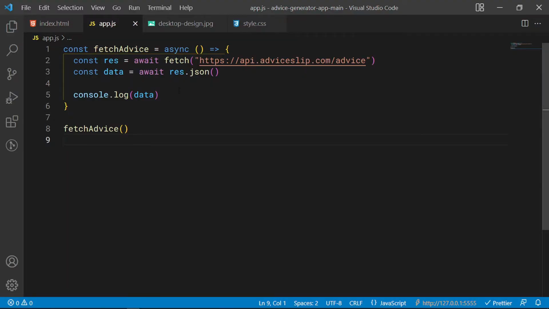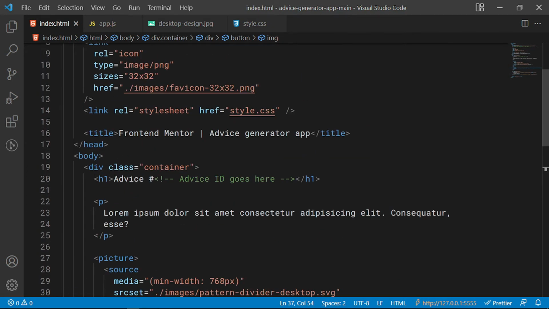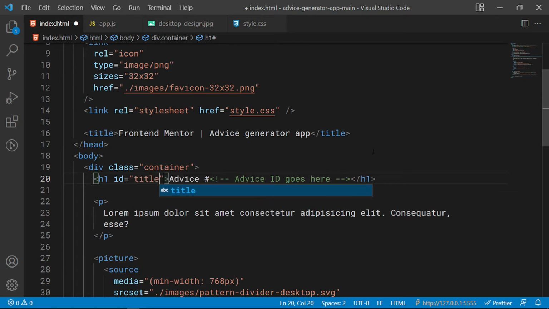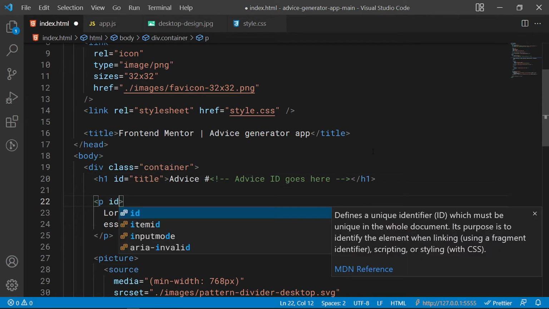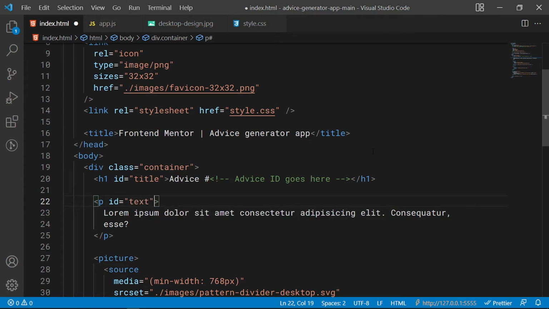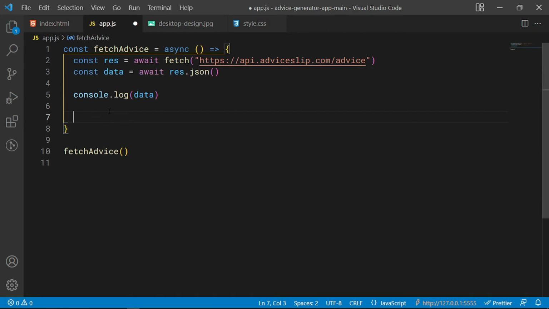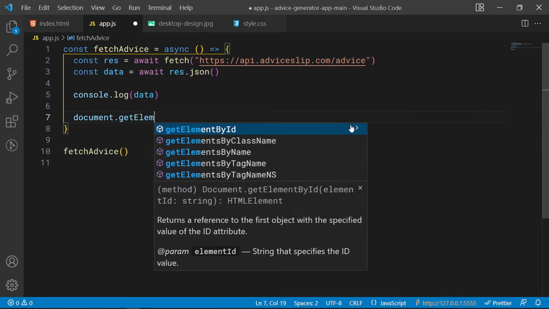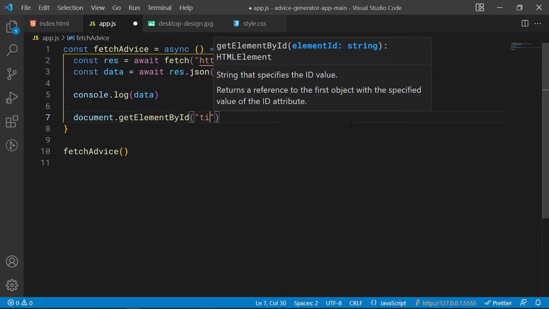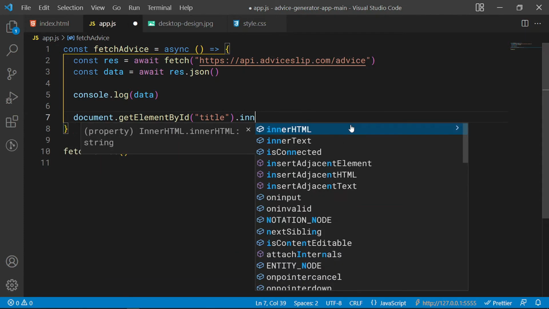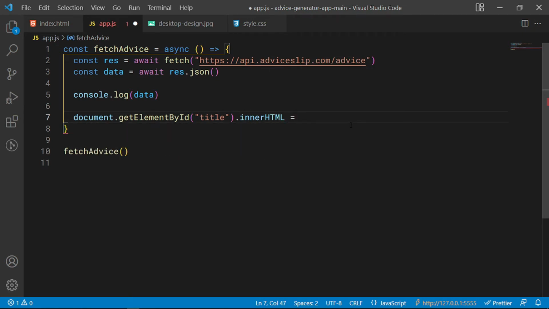And what we can do next is grab this h1 and this paragraph, because we need to populate them, right? So let me give it an ID. I know I used classes in my repository, so let me give this an ID of title, and then let's give this paragraph an ID of text. Okay, so right after this console log, I want to grab the title, the h1, and the paragraph. So I'm going to say document.getElementById, and I want the title like so, and I'm going to say .innerHTML equals